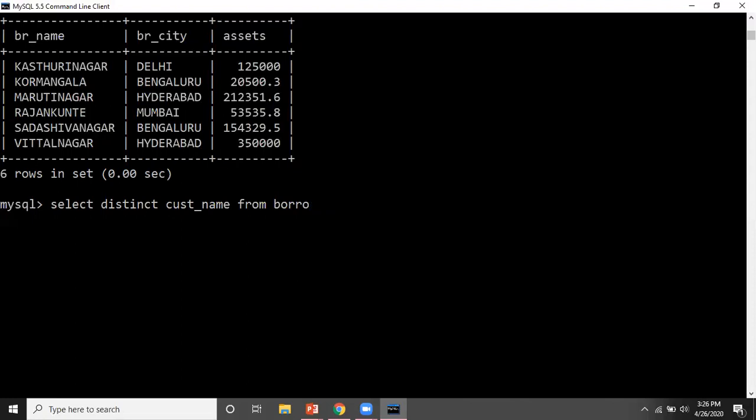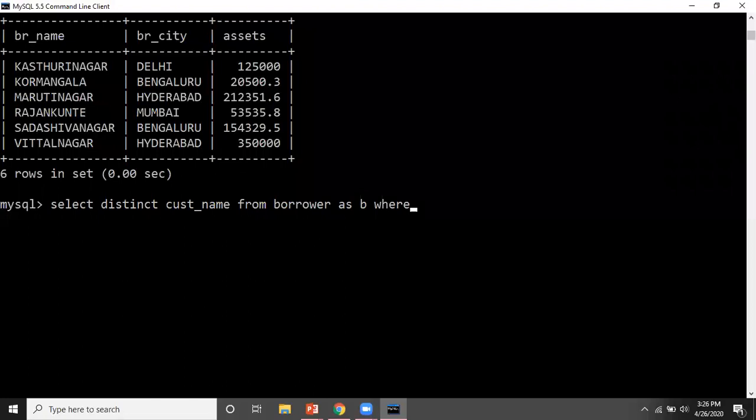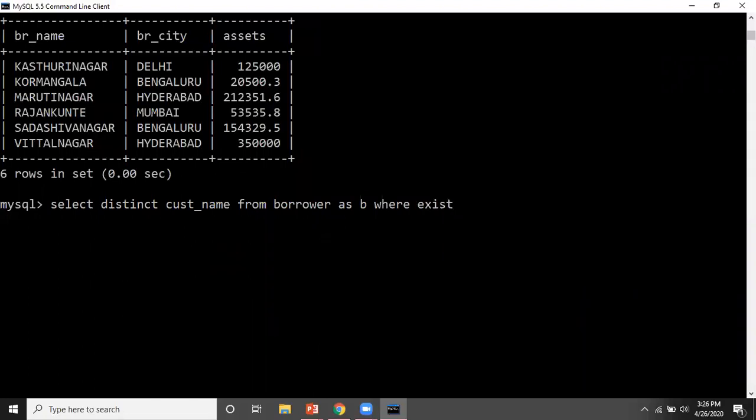I will give borrower B, or you can write borrower as B, no problem, where exists. Here in the internal query I will give select customer underscore name from depositor table, and I will give depositor as D, where now what is the condition?